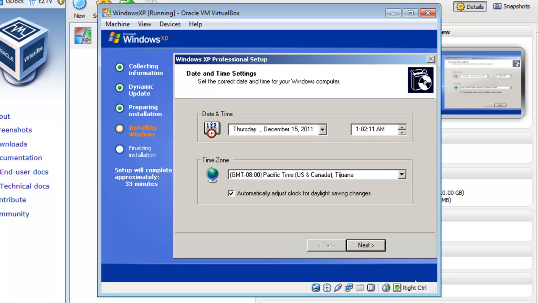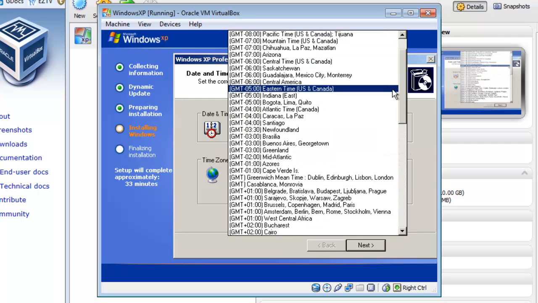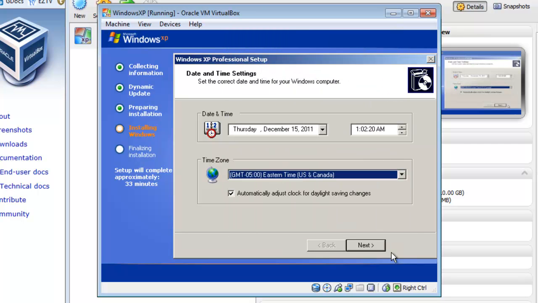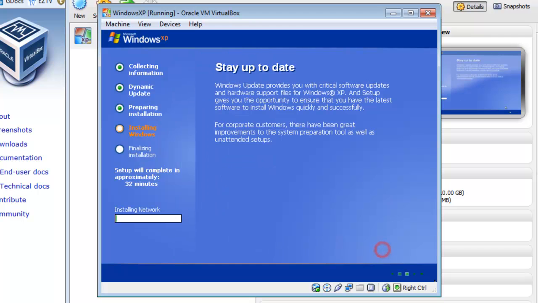On the Date and Time settings screen, enter the appropriate time information, and click the Next button. The installation will continue.